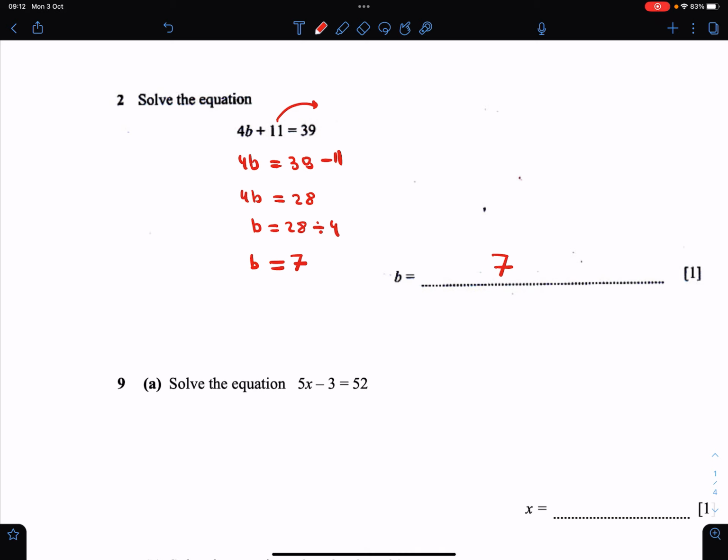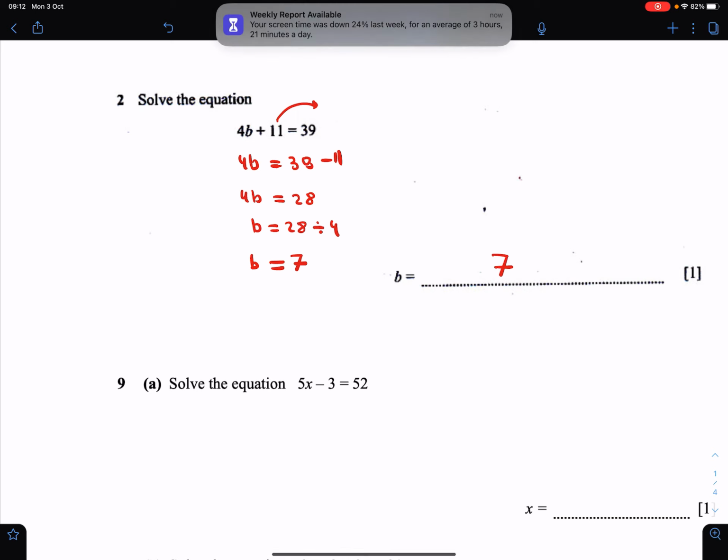How can we check if we're correct? So you can check your answer whether it's correct or not. Taking this answer, which is 7, right? Writing it instead of b. This is called a substitution. Imagine you have been given